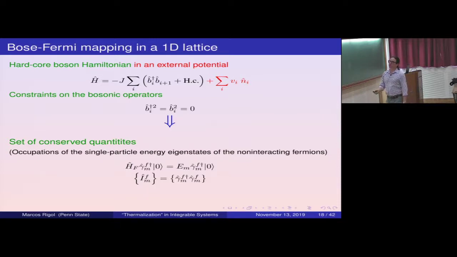Okay, so if your system is translational invariant, then these are occupations of momentum modes, like the momentum distribution function of the Fermi gas. Is that clear? Just keep in mind that there are these natural conserved quantities, but they are not